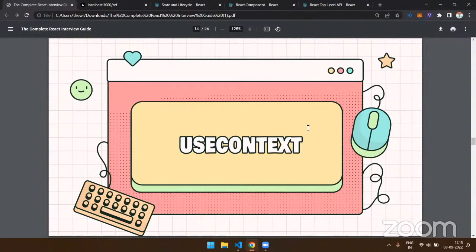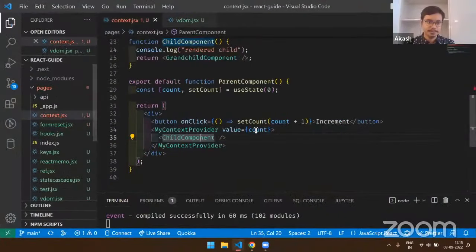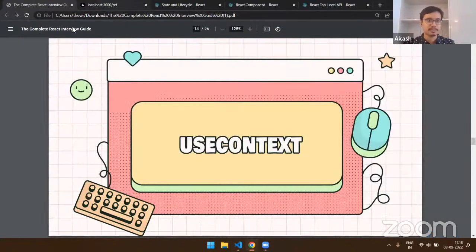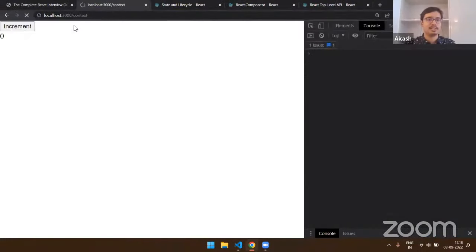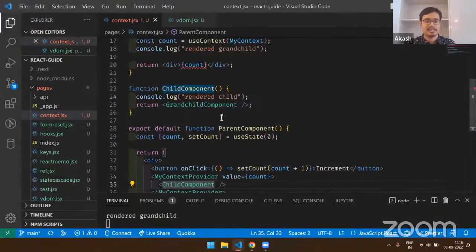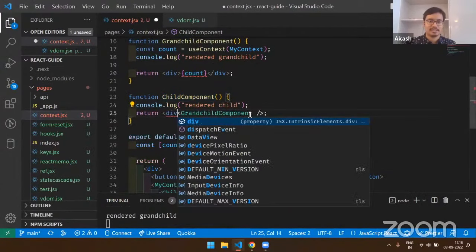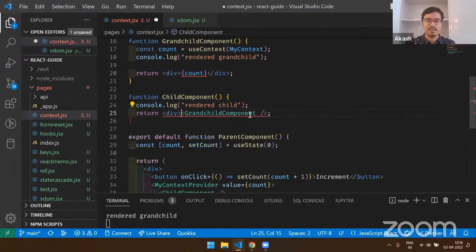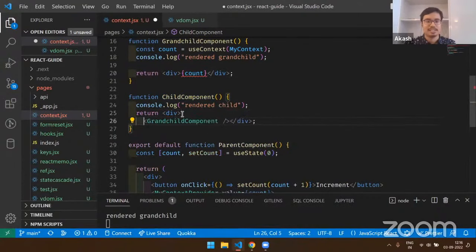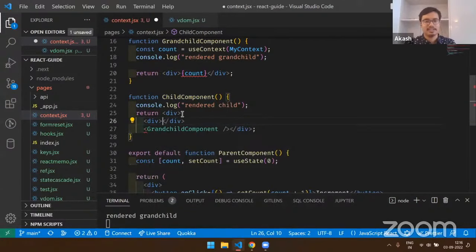Any other questions? I guess I can go ahead with context then. So if I go to localhost 3000/context, I guess there's no real differentiation here about how this works. We can't really differentiate the components here, so I'll just add a new div which says